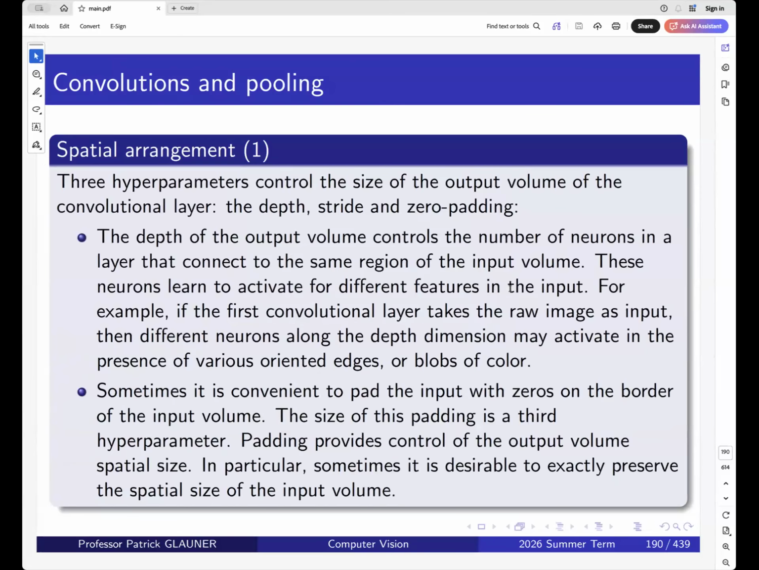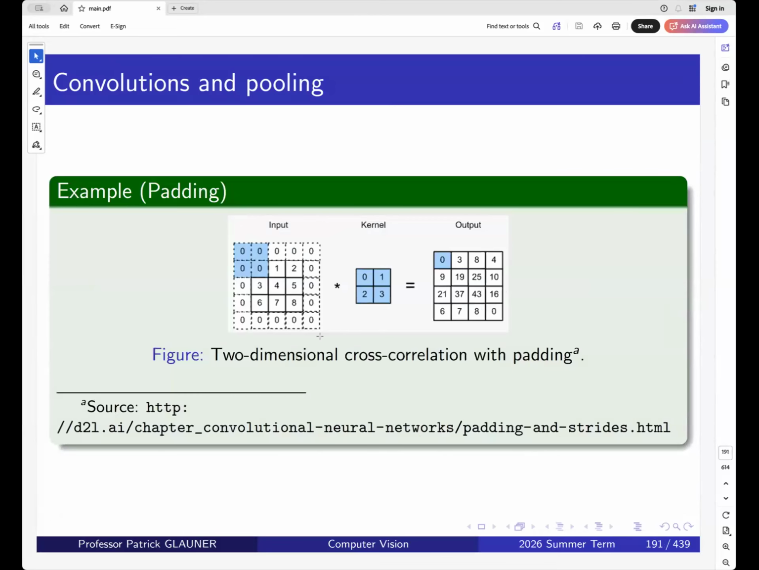We also need to think about spatial arrangement. So there's a lot of text here, but the text is also, if you want to get a second explanation or for your revision,